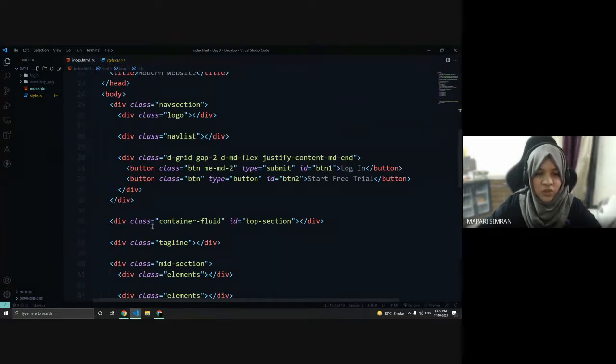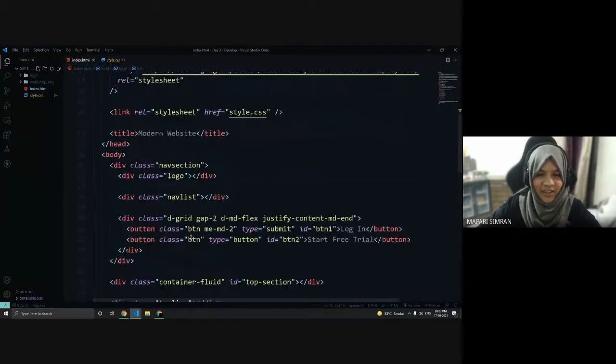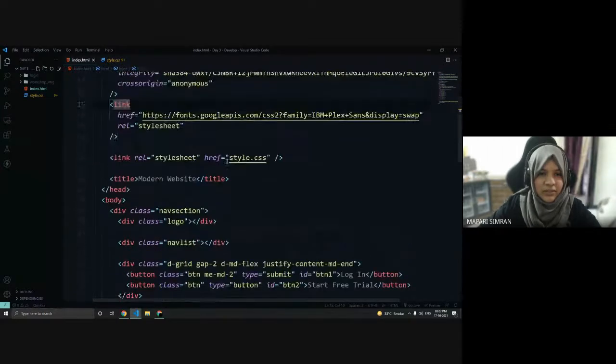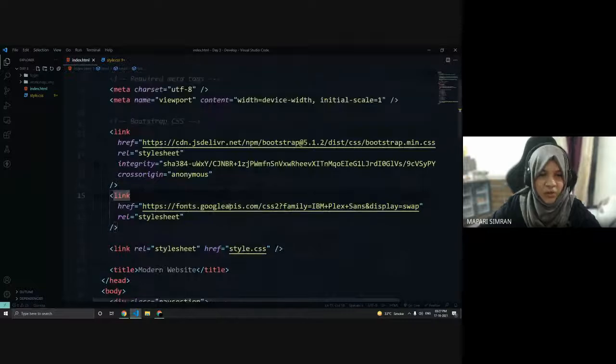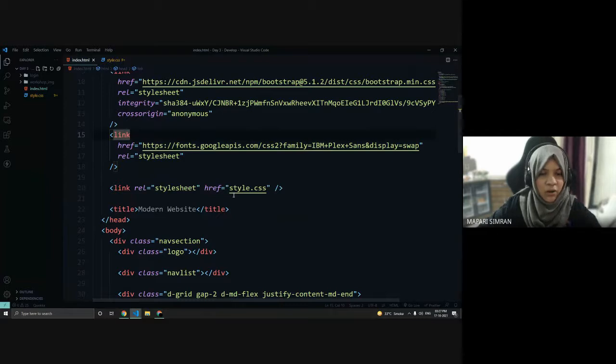As I have already made the sections so that we don't run out of time. Now this head section is over. We have added the bootstrap link, we have added the Google font link so that we can use that IBM Plex Sans font, which we have to use in the whole of our design.